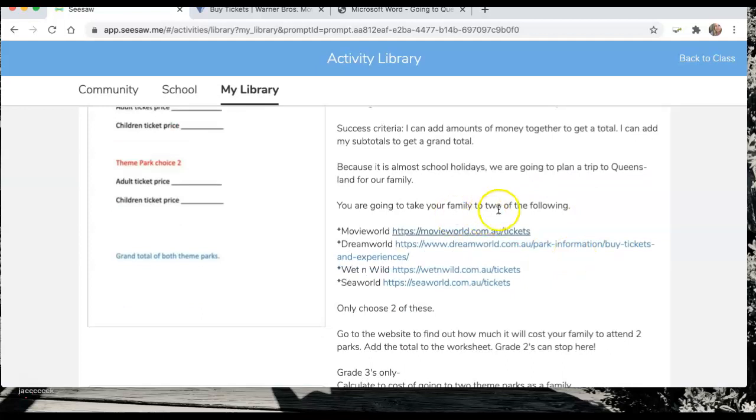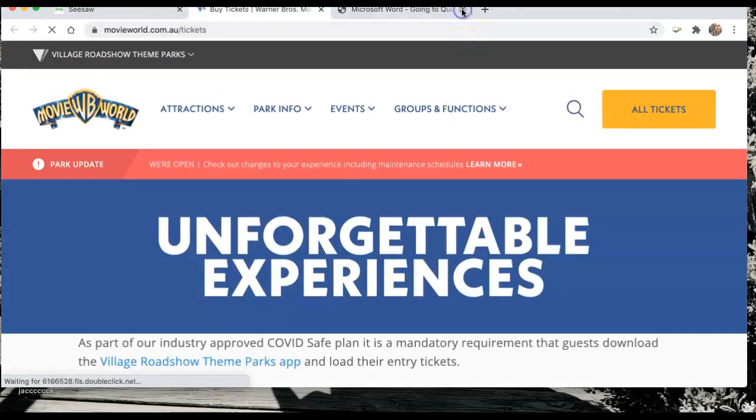So you only need to go to 2 of the theme parks. So you can choose either Movie World, Dream World, Wet n Wild, or SeaWorld, and it's completely up to you which 2 of them that you choose. It says only choose 2 of these. So I am going to choose Movie World, and I'm going to get my